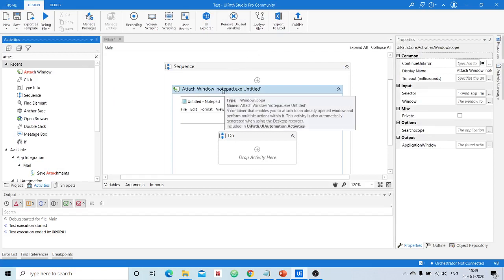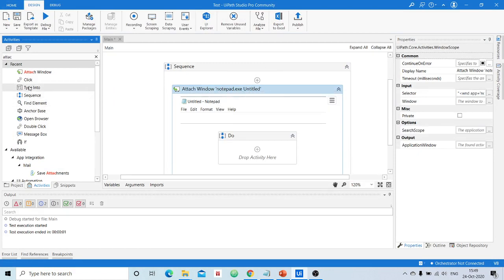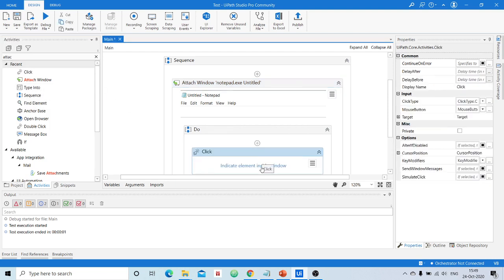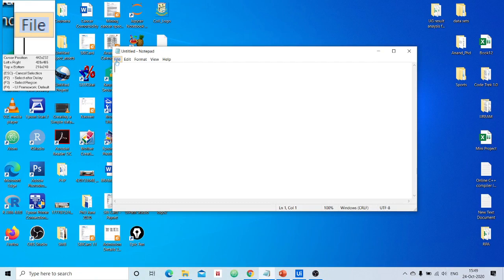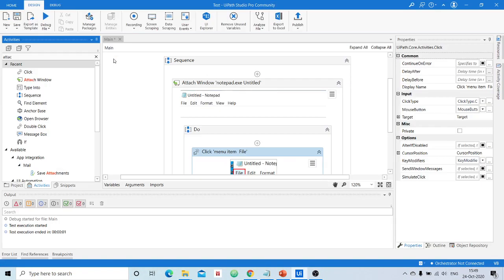See here, it has attached a window with an application identified by notepad.exe, right? Now I will take one more simple activity called click activity. I just want to click the file option in that particular notepad application.